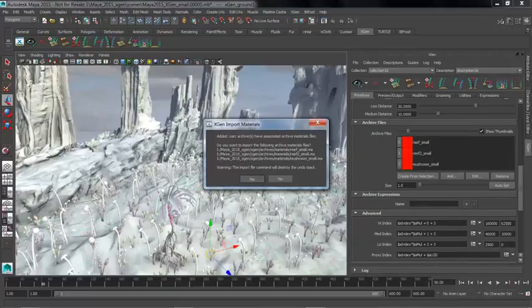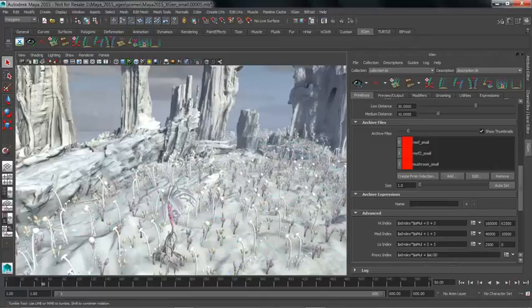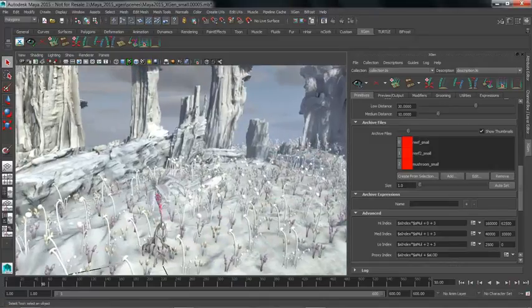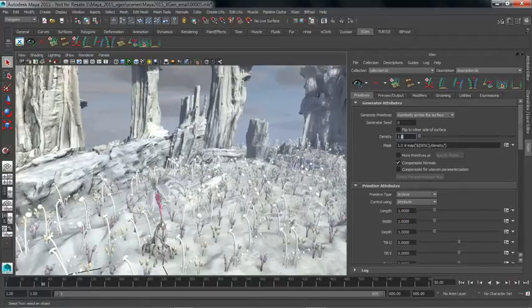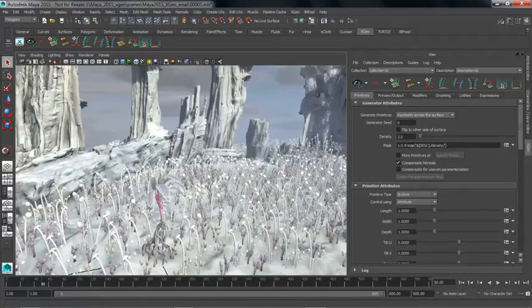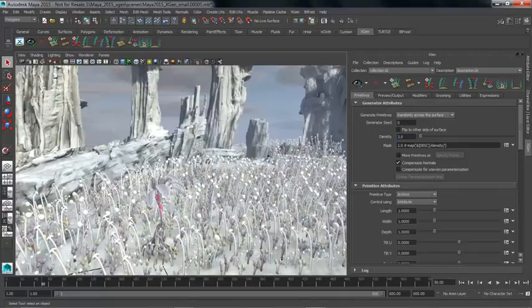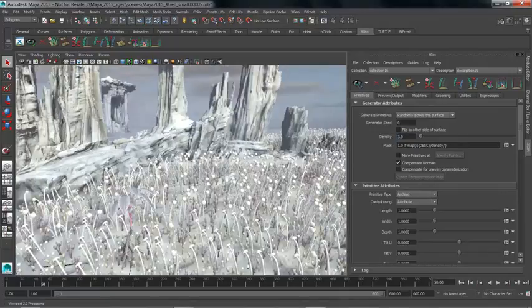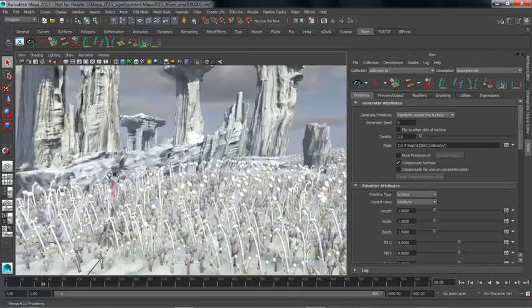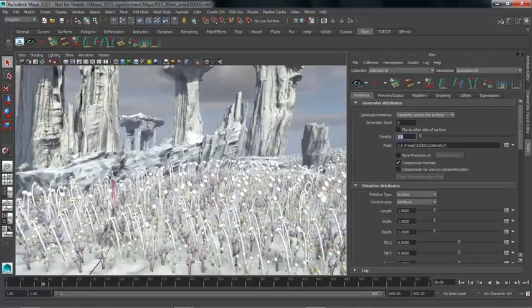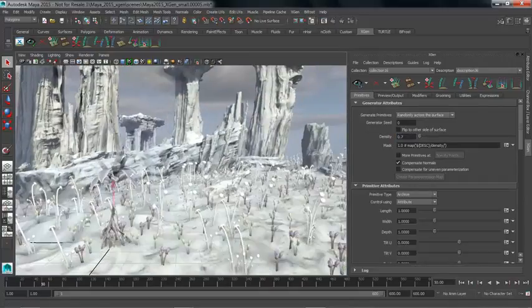So Maya imports them in. It also brings in the mental ray materials as well as the textures and displays it for me immediately in the viewport. Now obviously, if I want to have more of these, I just increase the density. And it's a very, very fast XGen preview that we get in Viewport 2.0 of all that kind of crazy alien foliage. So let's go ahead and drop that density back down to something like a value of 0.7,